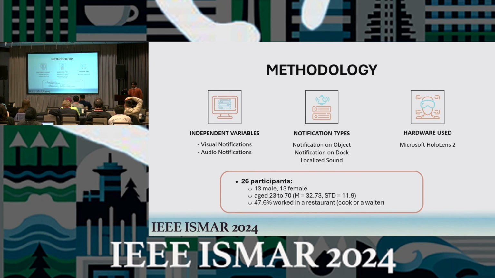Okay. So we had two independent variables, visual notifications and audio notifications. The visual notifications were of two types. One was on the object, which we'll see in a little bit, and on the dock. And the audio notification was a bubble popping sound. This was selected just to have a subtle sound, but still prompt the user, so that it's not irritating like a horn. Because the idea of this is in a restaurant, unless something is on fire, you don't want to just have sirens going on. And the hardware used is, of course, HoloLens 2. Now, 26 participants